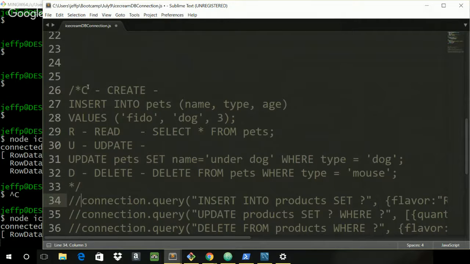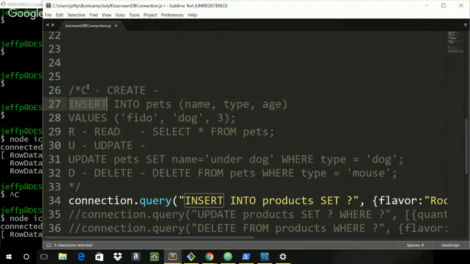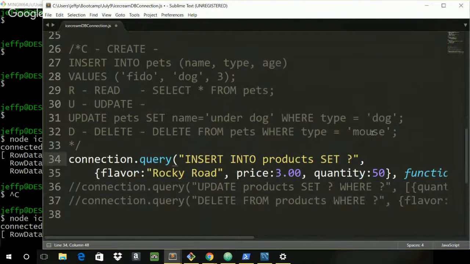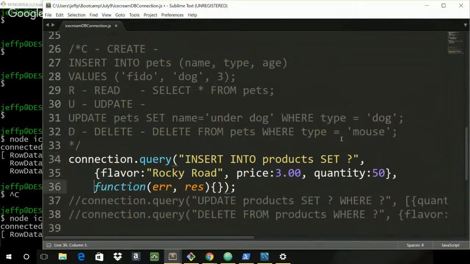So I'm down here going to run this. Who wants to tell me what they think this is going to do? It's going to insert that object that you put, so flavor, so you're going to have another row that says price,